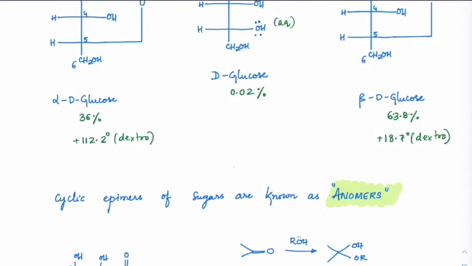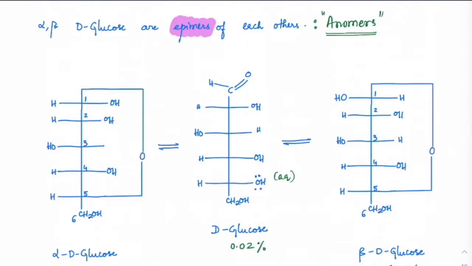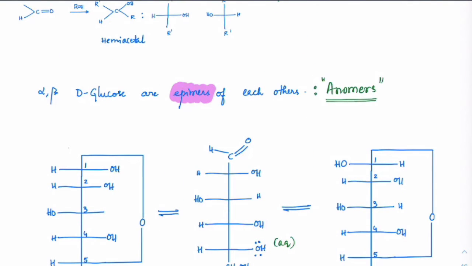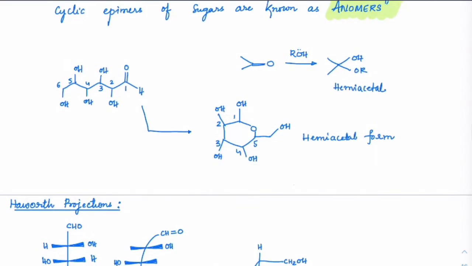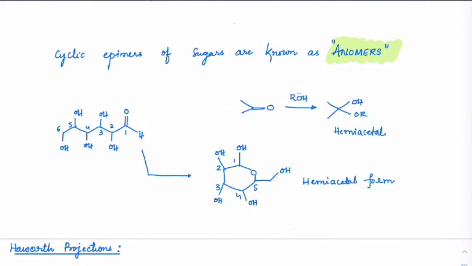Everybody got that? Right. So these carbons which are there, this carbon 1 here, these are called anomeric carbons. So check this out. This is what has happened. Actually, glucose straight chain is like this, and when it has become a cyclic chain, it would look like a hemiacetal group like this. This is the hemiacetal form.